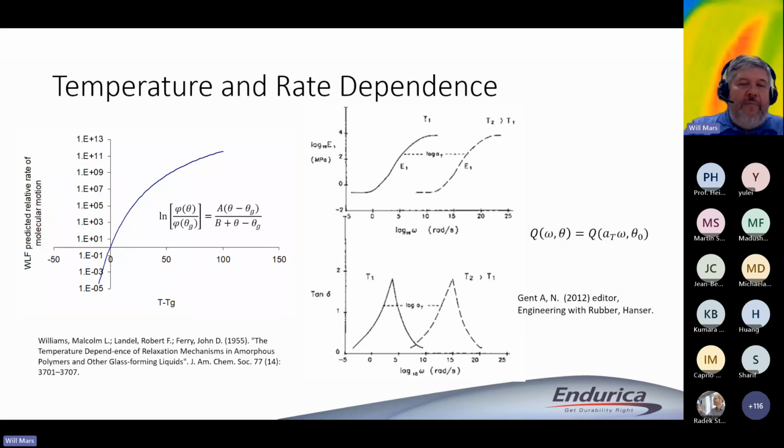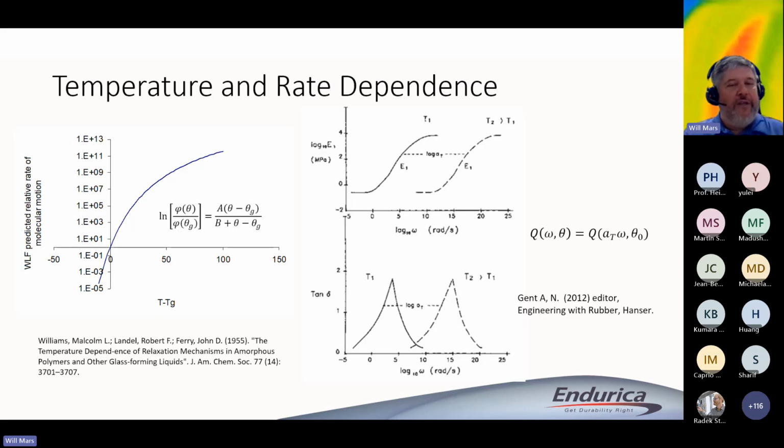And the idea that I'm introducing here on this slide is something known as the Williams-Landel-Ferry equation. And the core idea here is that the rate of molecular motions, right? You should think of rubber as a bucket of worms in thermal motion, vibrating thermally, and you could talk about the rate of that thermal motion, right? When the rubber is very cold, there's not much going on. Everything's frozen, let's say. As you heat the rubber up, the rate of those vibrations